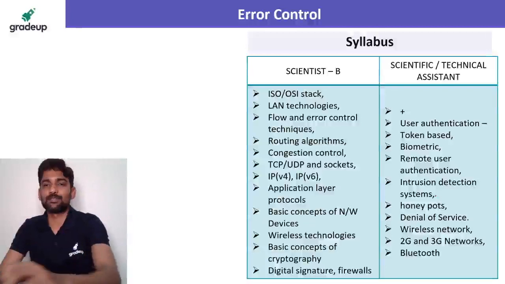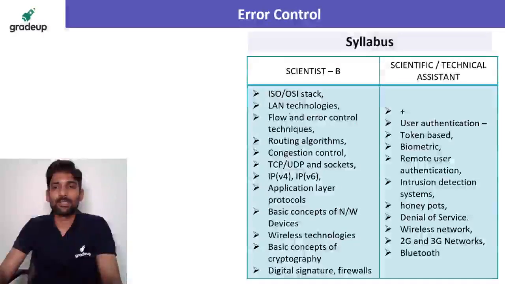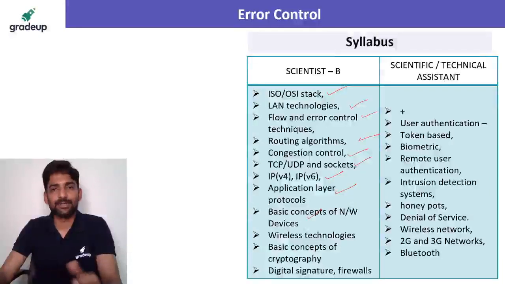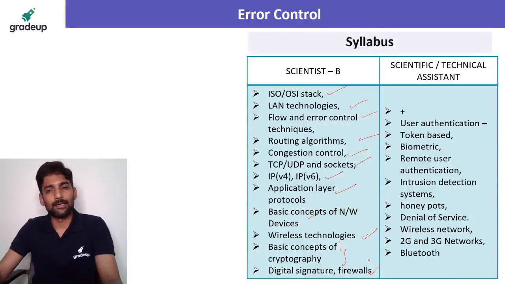Now, if you look at the syllabus of computer networks, for Scientist B, we have ISO model, LAN technologies, flow and error control, routing algorithms, congestion control, TCP, UDP sockets, IPv4 with IPv6, application layer protocols, basic concepts of network devices like switch, router and all, wireless technologies, basic concepts of cryptography, digital signature, firewall. And if you observe for Scientific or Technical Assistant A, this one,